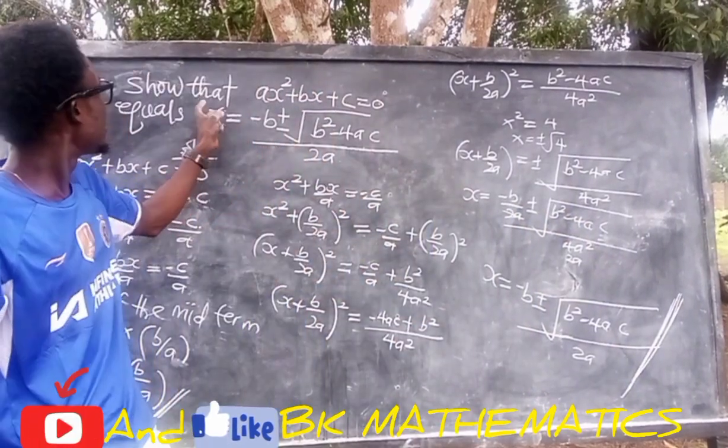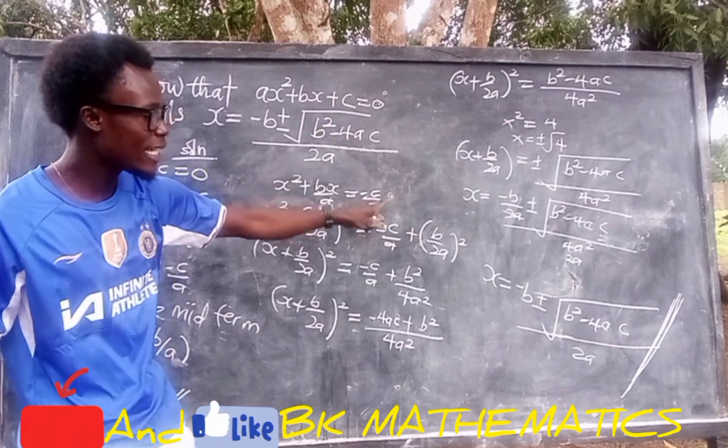Now we have shown that this ax squared plus bx plus c is equal to 0 gives this